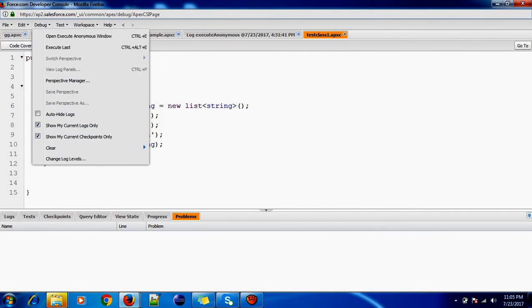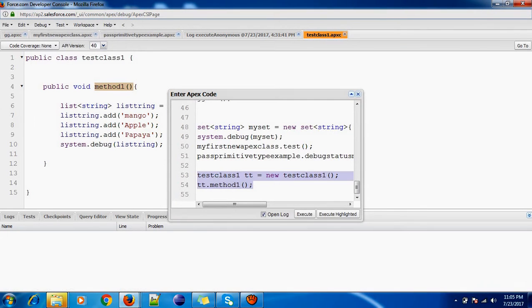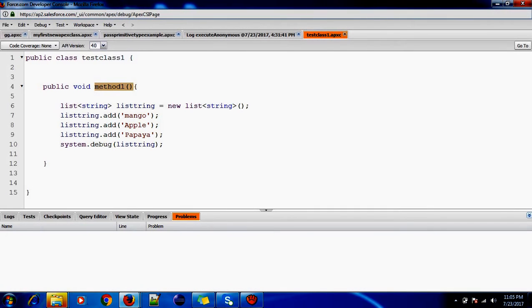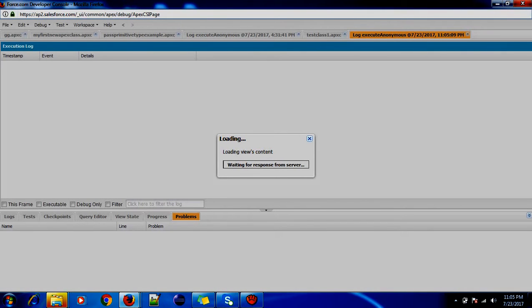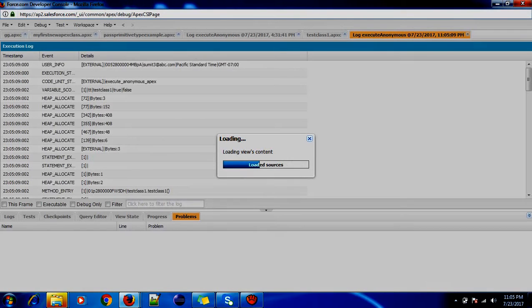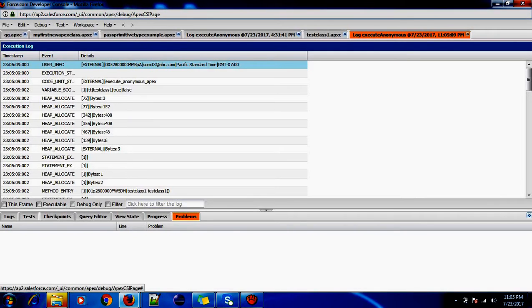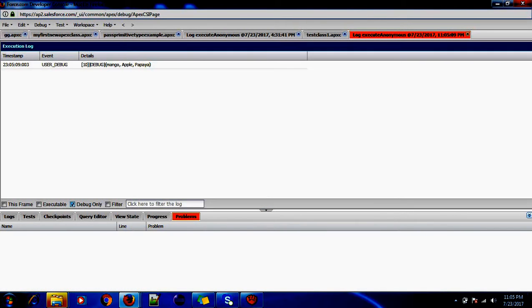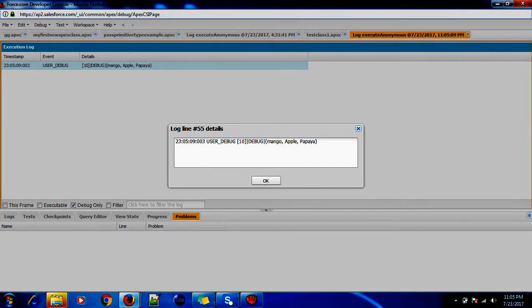Okay, let's do once again debug, open execute anonymous window, open log is checked, make sure execute highlighted. It's very slow. So for viewing the output, we have to click on debug only. So we can see mango, apple, papaya, my favorite fruits are added in the list.